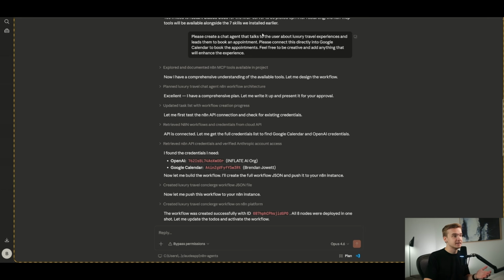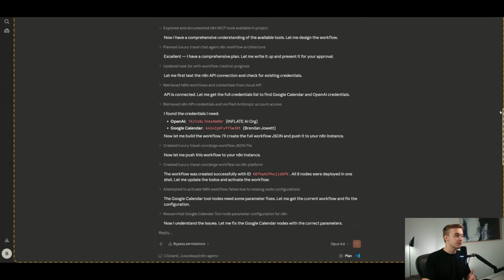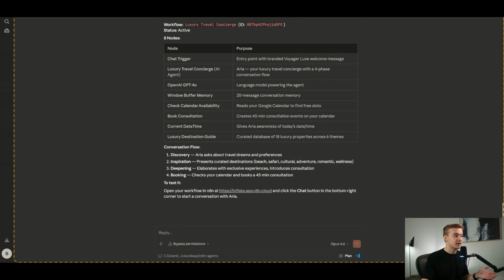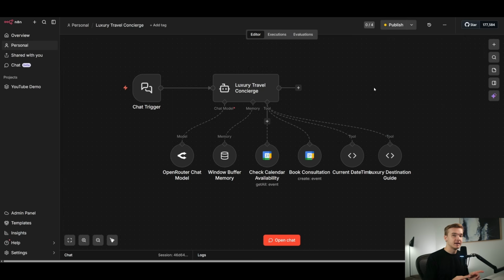And I just went ahead and sent through the exact request as to the workflow that I was looking for. And it went ahead and thought through all of the things that it had access to in order to build it out. And then it was completed. This right here is the n8n workflow that it built. It's more so an agent, a chatbot in which it built. So just to prove that it is possible to do this, and that's exactly how we're going to be doing it. But through my example that I'm going to show you in just a minute, I'll make it a little bit more complicated so you can really see the power of Claude Code and using Claude Code in order to